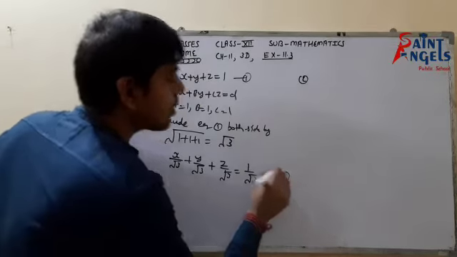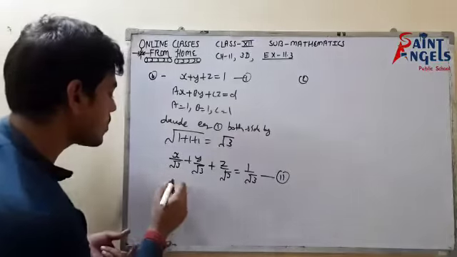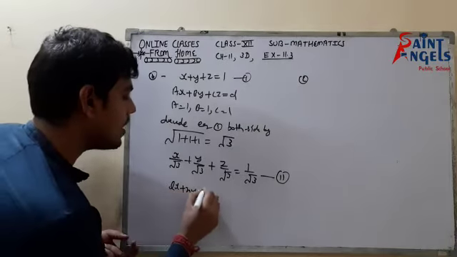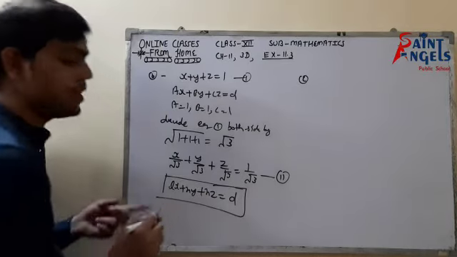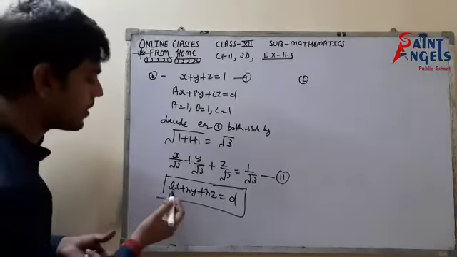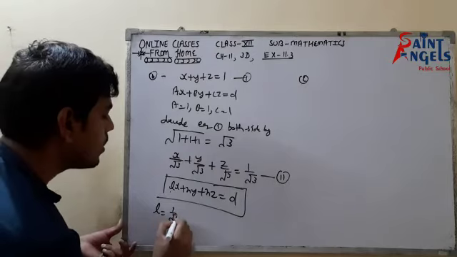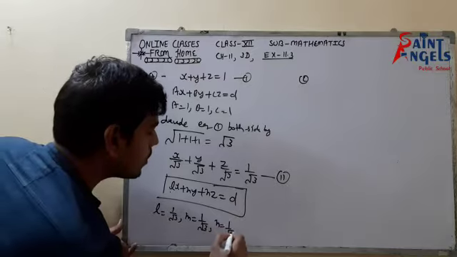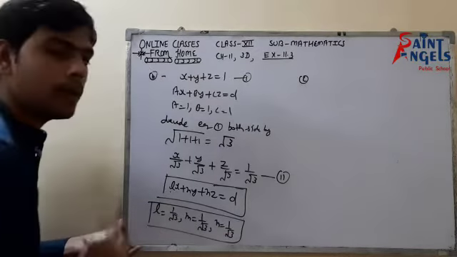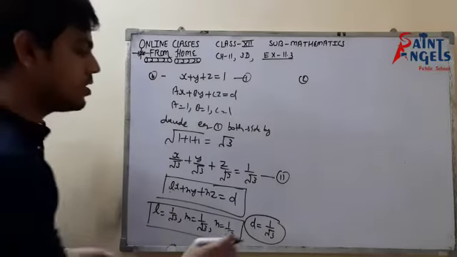Now, equation number two. Compare this equation with the Cartesian equation of a plane in normal form. The equation was lx plus my plus nz equals d. If you remember, this was the Cartesian equation of plane in normal form. So on comparing, l would be 1 upon under root 3, m would be 1 upon under root 3, and n would be 1 upon under root 3. These are the direction cosines of the normal to the plane, and the distance of the normal from origin, d, equals 1 upon under root 3. Okay students, so this is our answer.